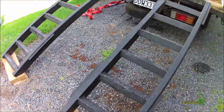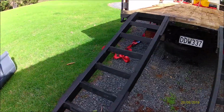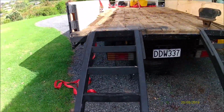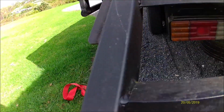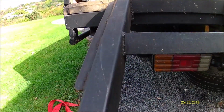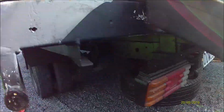Ramps are all built. They came up really well. I'm really happy with those. The welding in there as well is pretty good. Bit slaggy, but hey, nothing's breaking. And then I had to